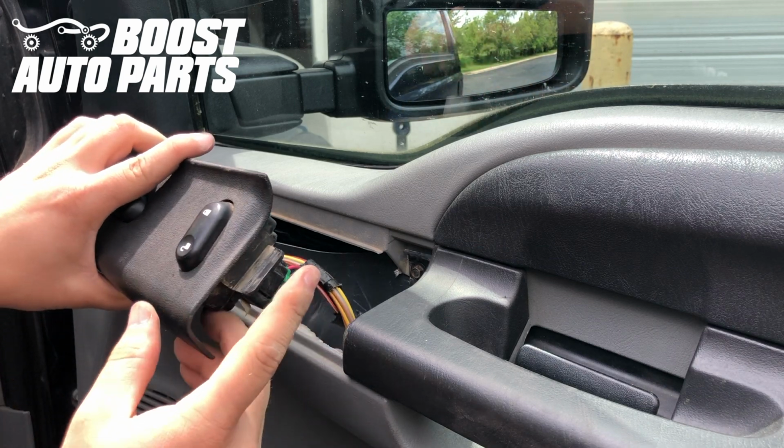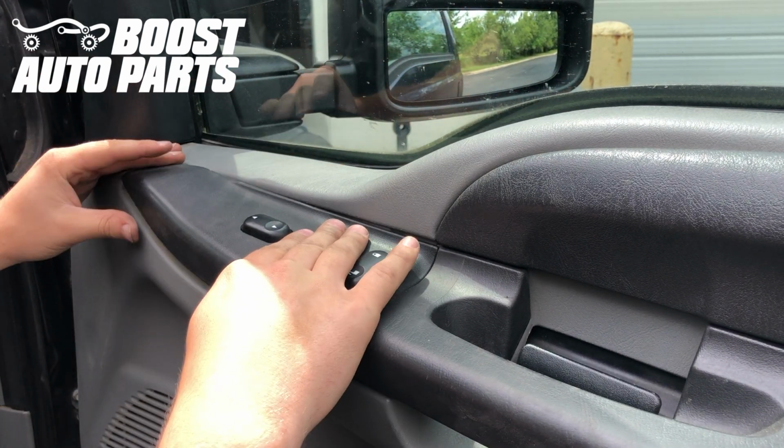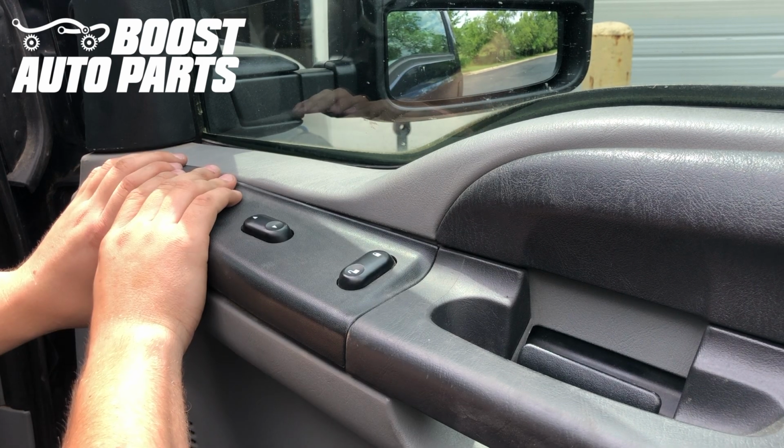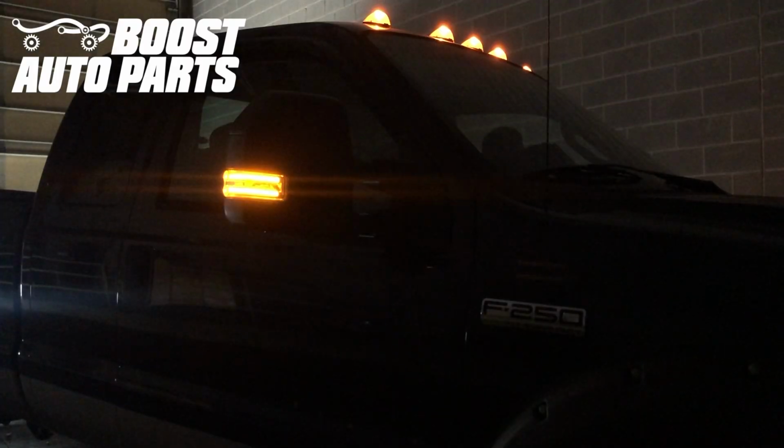And then to put this on, you can see there's this lip right here, so you'll kind of slide it back towards the back, and then you just snap down. There's a clip up at the front. And just like that, your